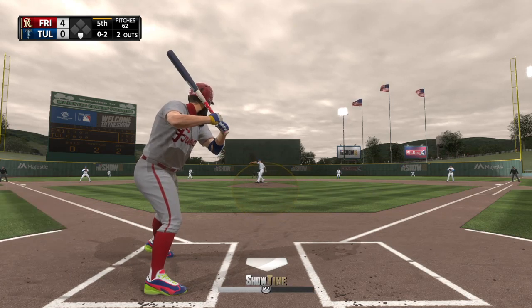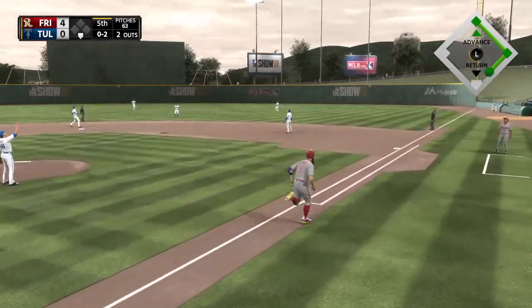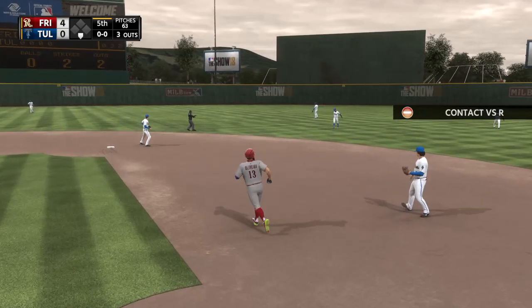The 0-2 home. Popped him up. Gomes is there, and the side is retired. So they breeze through this half of the...